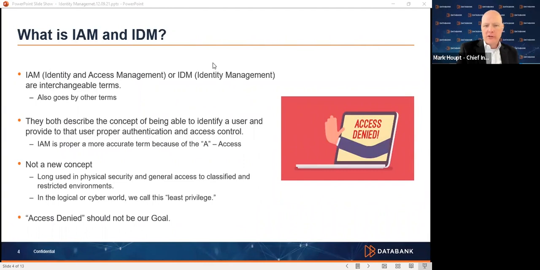And originally those two terms had different meanings. Identity management was something that came from the old physical security world, where you were literally handing a badge or handing a physical device to somebody, and all you're doing is verifying the identity, or what we call proofing the identity, before you handed that over.